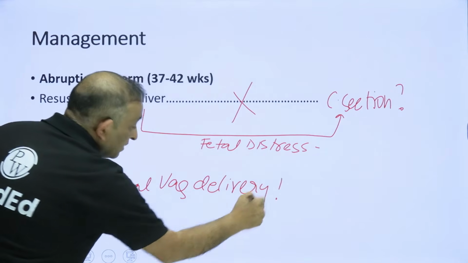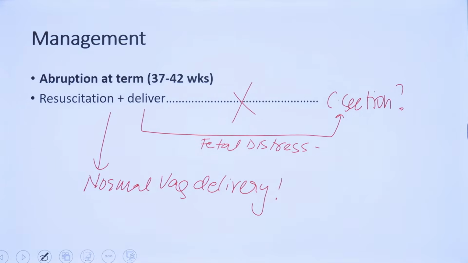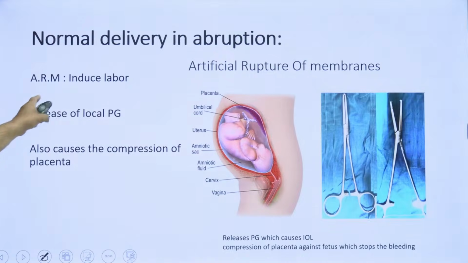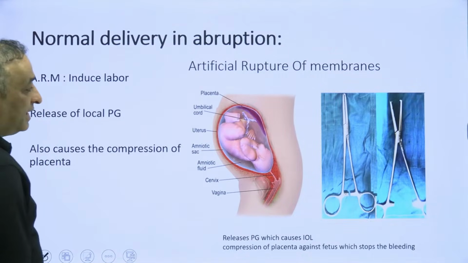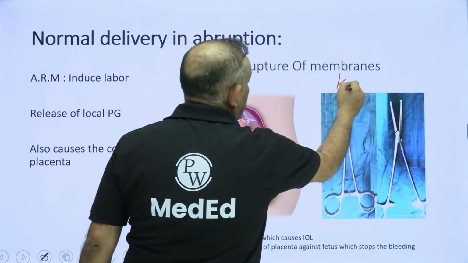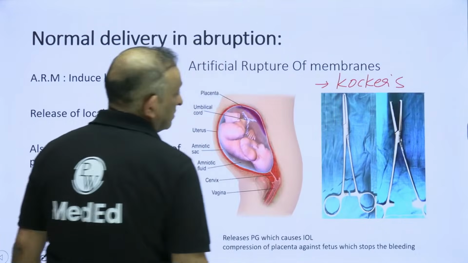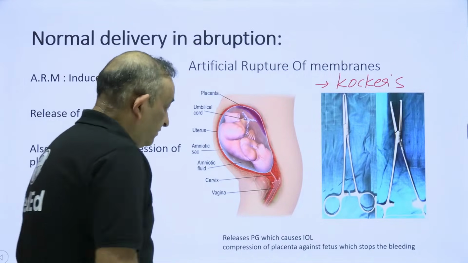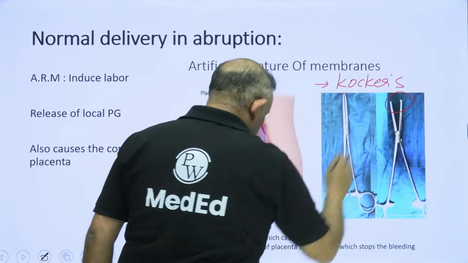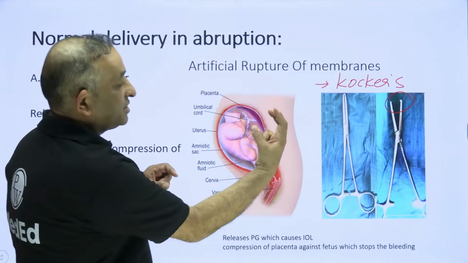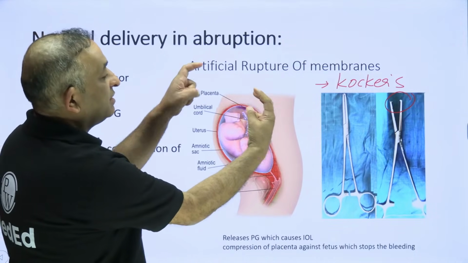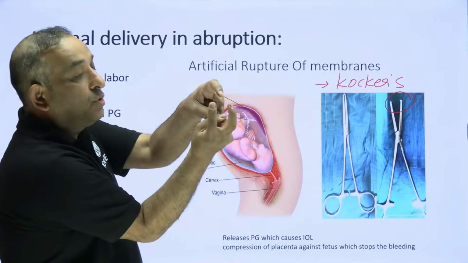Very, very important. All right. So when we are doing this, how do we do it? We do an ARM. Okay, remember that. This is the Kocher's forceps. This is going to come in your exams. Kocher's forceps, the instrument. If you look at the tip of this Kocher's forceps, it has two teeth on one side and one tooth on this side,